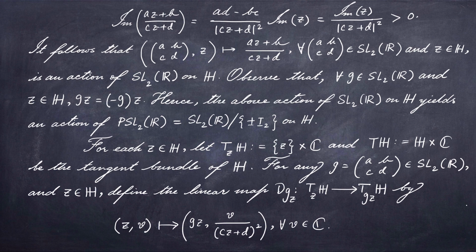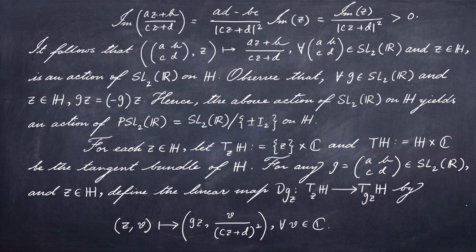transformations. Okay. Now we are going to see the action of this group SL2R, and consequently PSL2R, on the tangent bundle of the upper half plane. So for each Z in H, we define TZH, which we call the tangent space of the upper half plane at the point Z. We define TZH as the singleton Z Cartesian product with the complex plane C, and then we further define